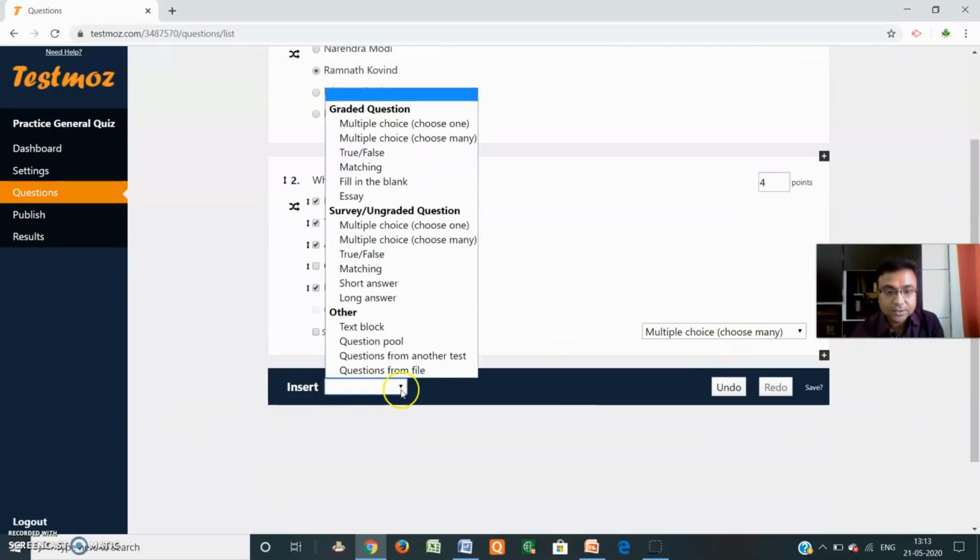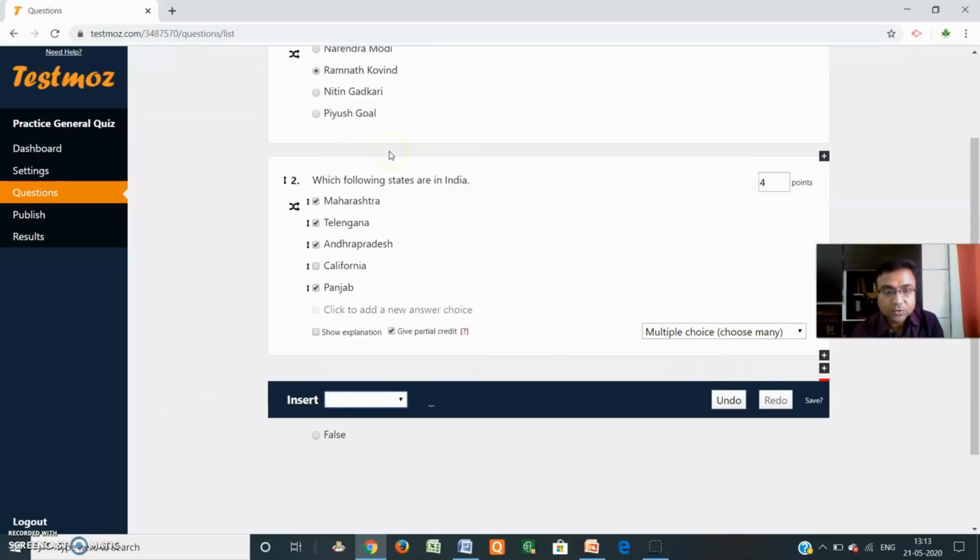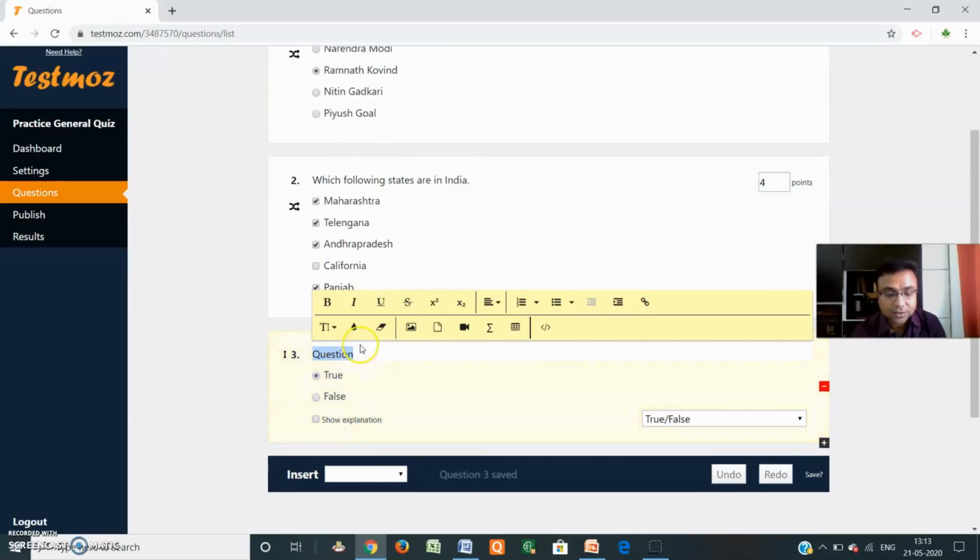Then the next, third type of pattern is available, that is the true false question. Suppose I'm writing: chief minister of Maharashtra is Uddhav Thackeray.